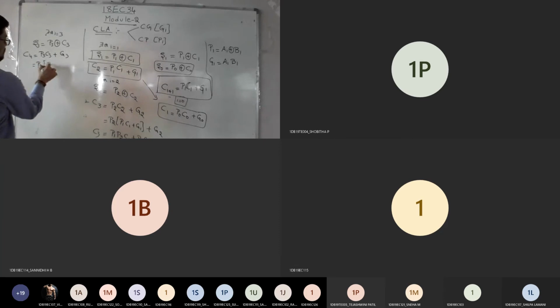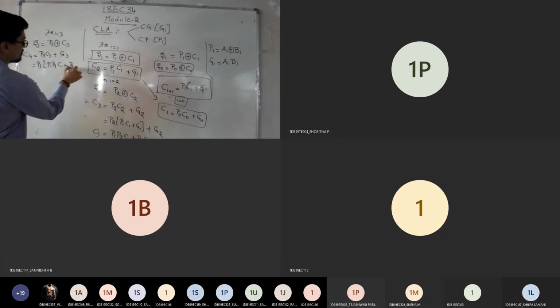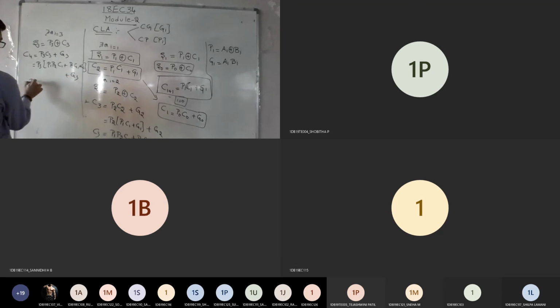So P3 into P1 P2 C1 plus P2 G1 plus G2 plus G3. So multiply this P1, P2, P3 into C1 plus P2, P3, G1 plus P3, G2 plus G3.